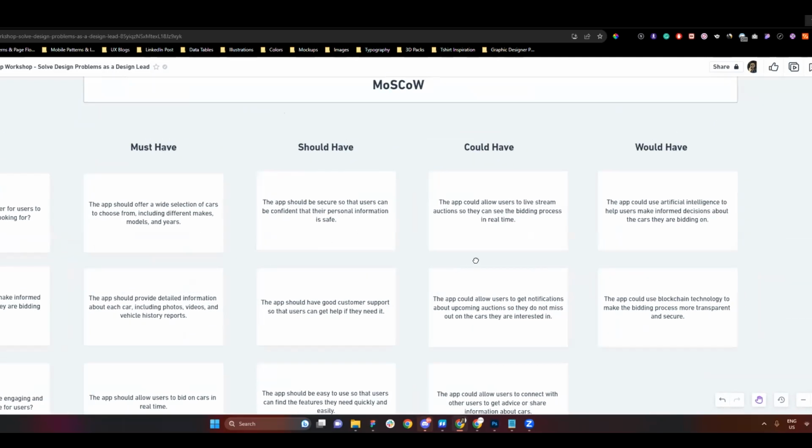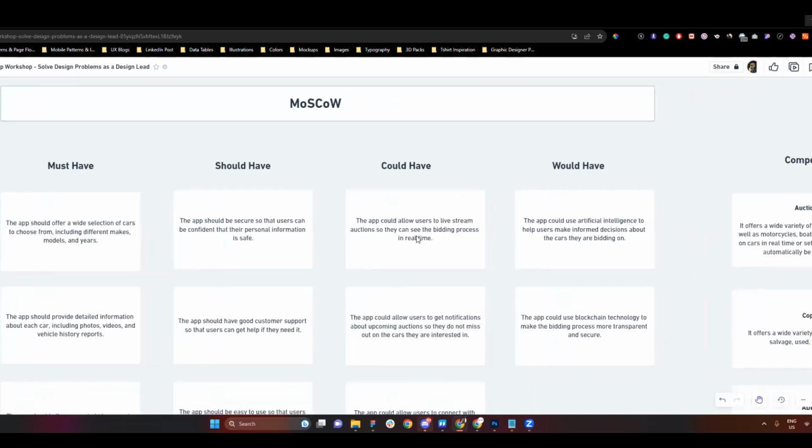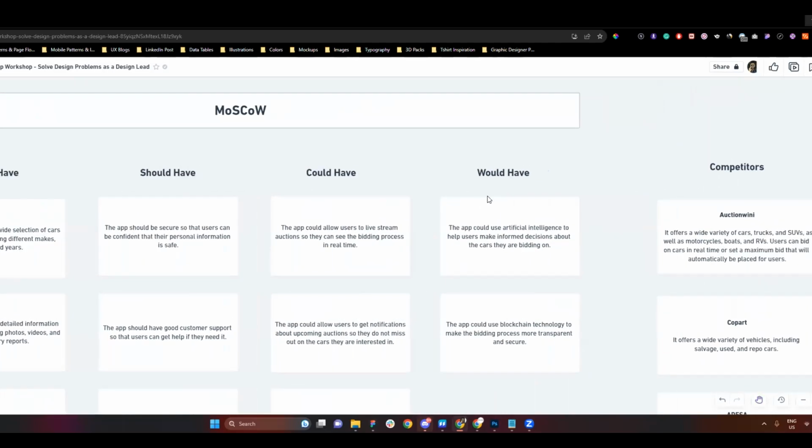Could have: the app could allow users to live stream auctions. So this is again could have. So could have is 40 or 30% important. And again, would have is wish to have, right? So a good example for would have would be